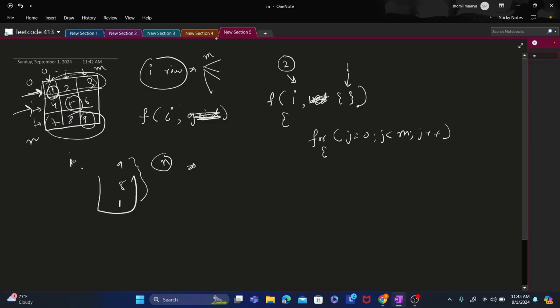Okay, correct. Now what you need to do, you need to return the maximum. Either you will include this element or you don't include it, right? So if you included it, what do you need to return? You need to return the maximum of the values chosen, right? So j equal to 0 to m, you are iterating. Now what you will get, you will return